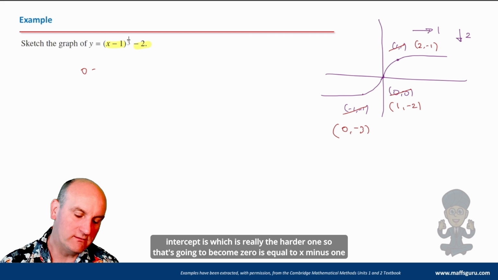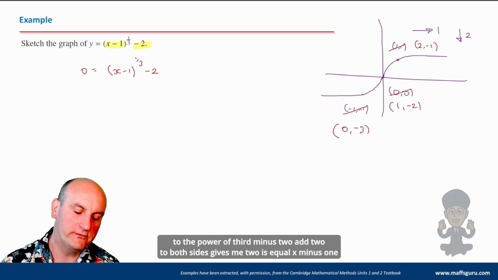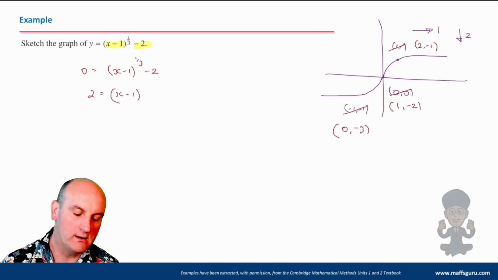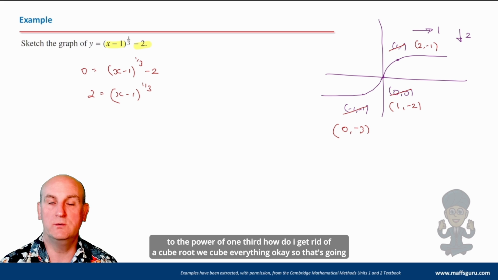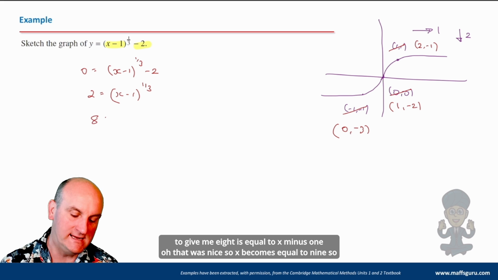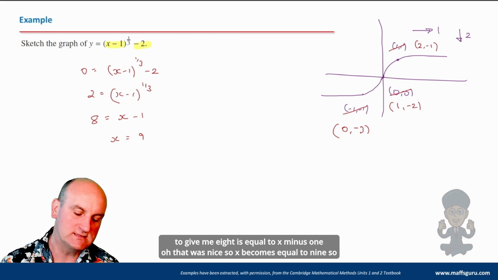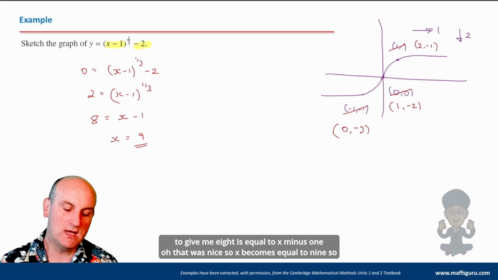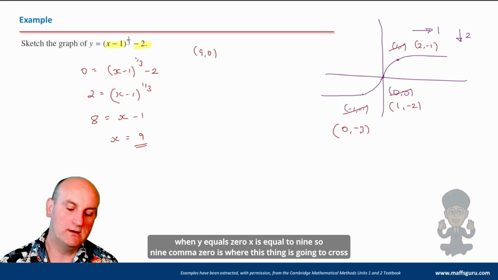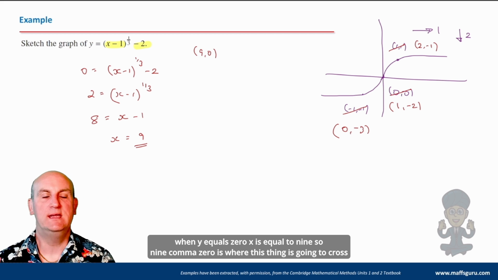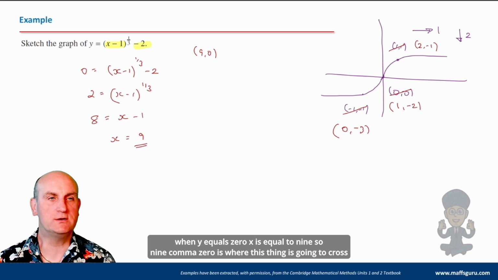So that's going to become 0 is equal to (x minus 1) to the power of a third, minus 2. Add 2 to both sides gives me 2 is equal to (x minus 1) to the power of 1/3. How do I get rid of a cube root? We cube everything. So that's going to give me 8 is equal to x minus 1. Oh, that was nice. So x becomes equal to 9. So when y equals 0, x is equal to 9. So (9, 0) is where this thing is going to cross